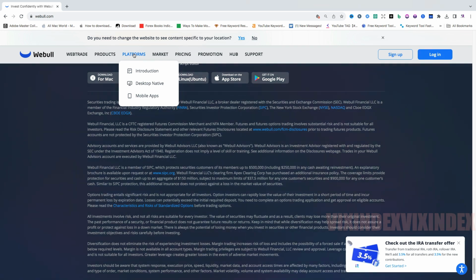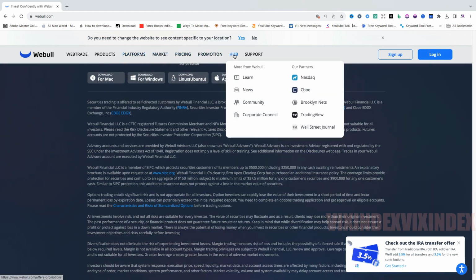3. Margin lending. Webull charges interest on borrowed funds for margin trading. When users trade on margin, they are borrowing money from Webull to purchase securities, and Webull charges interest on these loans. 4. Securities lending. Webull can lend out securities held in users' accounts to other financial institutions, such as hedge